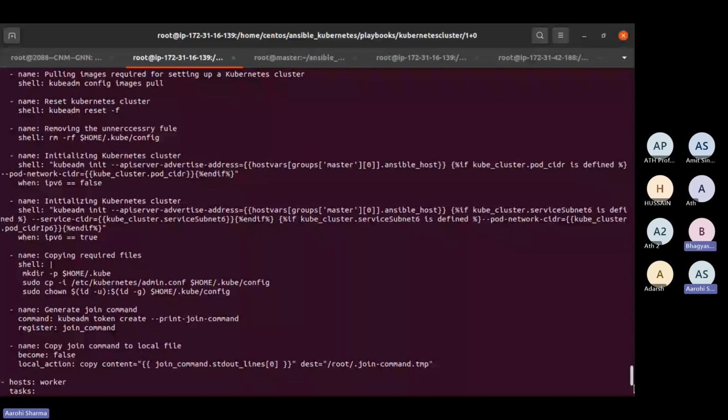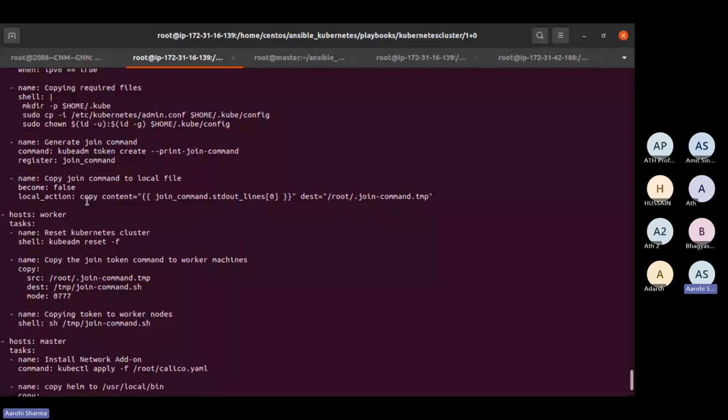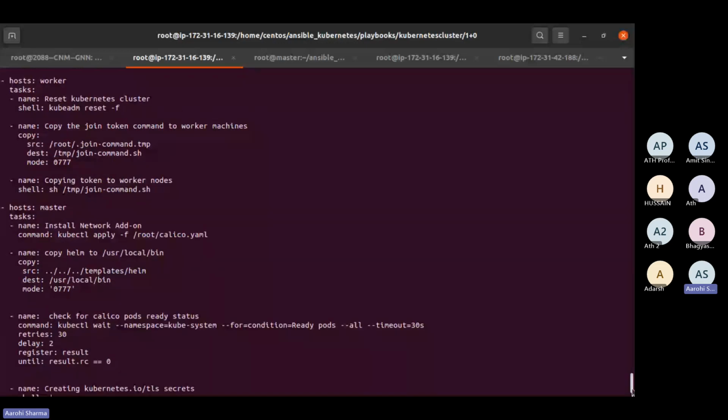Then we reset the Kubernetes cluster, then copy the join token command to the worker machines, then install the network add-on, whatever network part we are adding over here. Then we are copying Helm to user local bin, because here we are also using Helm charts, then checking for the Calico pod ready status, then creating the kubernetes.io secret. So in this manner, I am updating this particular file.